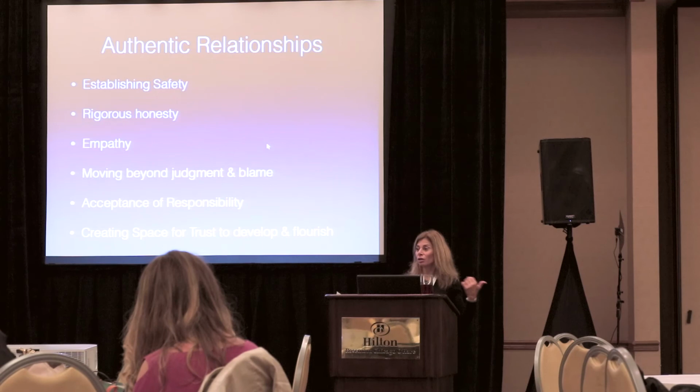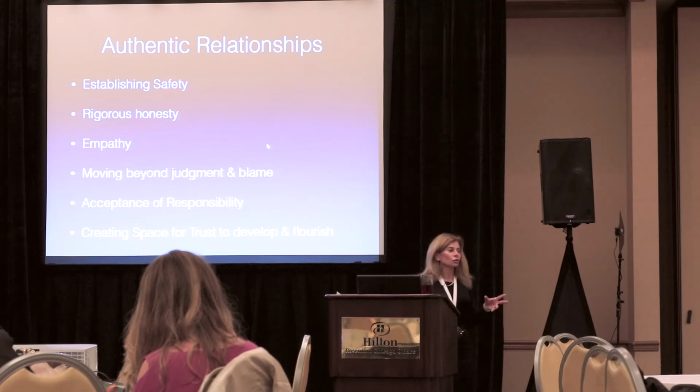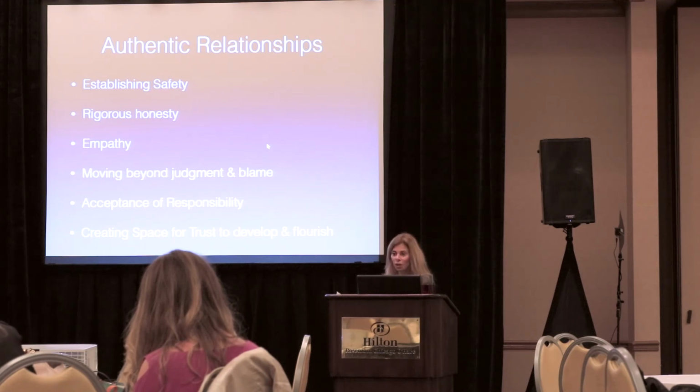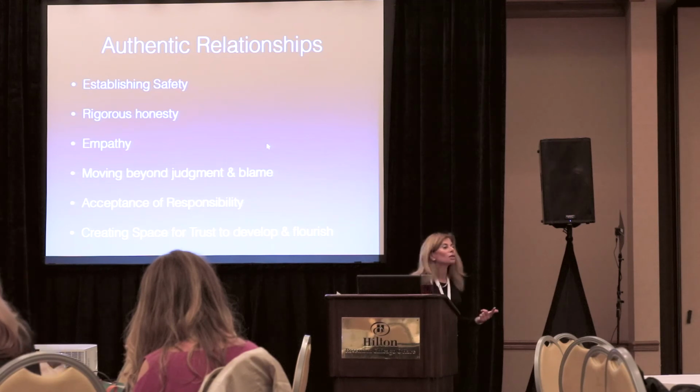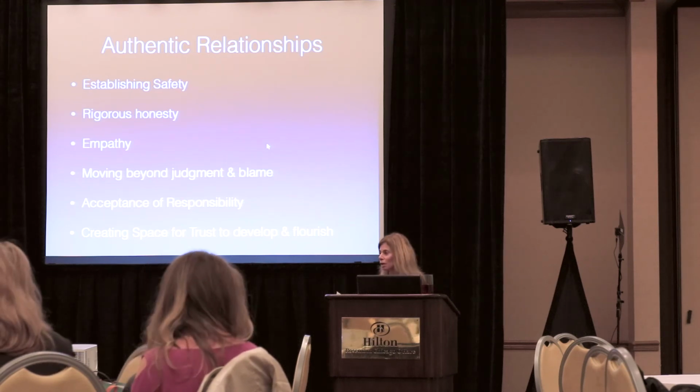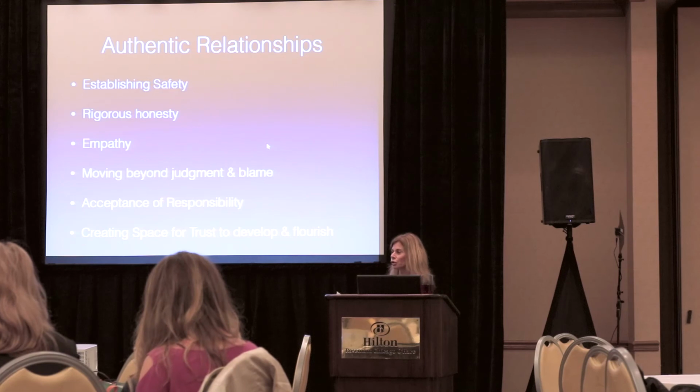Moving beyond the judgment and blame, everybody has a role in this. If you want to use it harshly, everybody is to be judged and blamed. Everybody's at fault, or everybody can take responsibility for what they may have contributed. And then creating the space for trust to develop. Me being able to say I screwed up establishes trust. Parents being able to say we didn't know establishes trust. Child being able to say, yes, that was provocative to you.